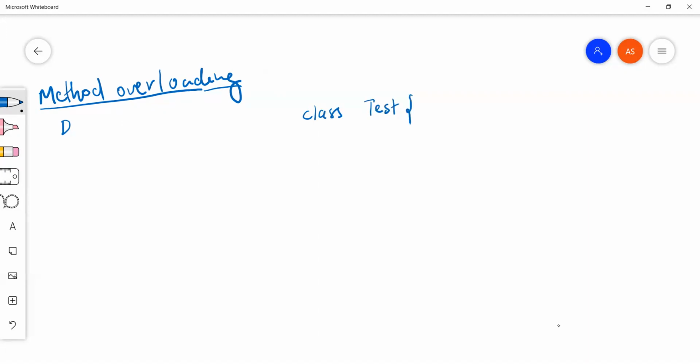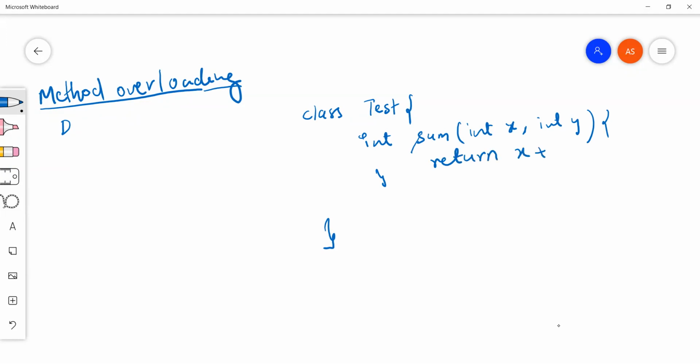In this I am declaring a method called sum. It returns the sum of two integers, int x, int y, return x plus y, right?